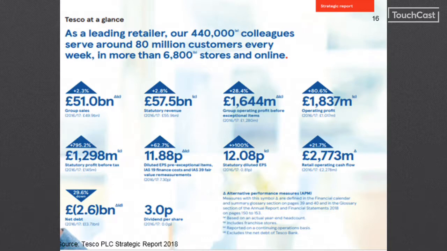So if we take another look at an overview of Tesco's performance across a number of key areas, there's clear evidence that this strategy seems to be working. Sales and profit levels are up, cash flow is healthy, and debt is clearly falling. However, if we were to look at these results and compare them over the past 5 years, for example, then the business picture could be very different.